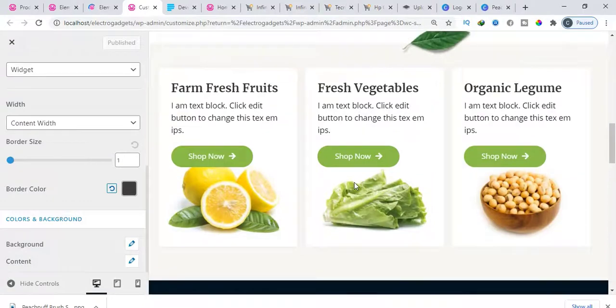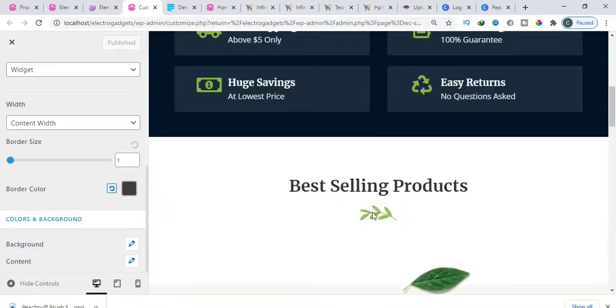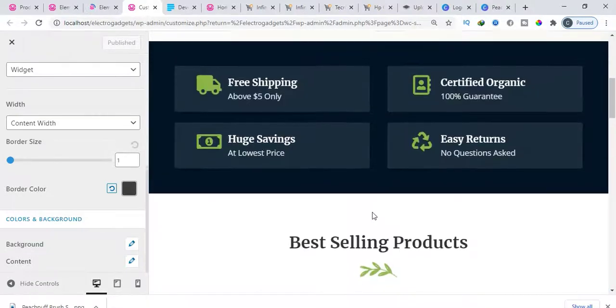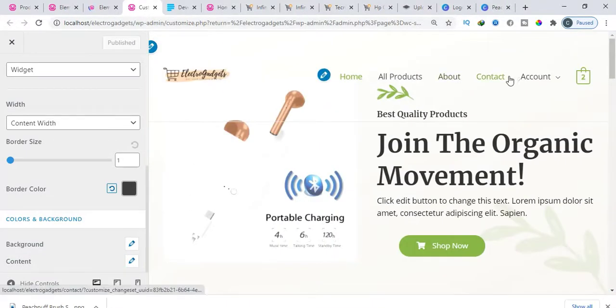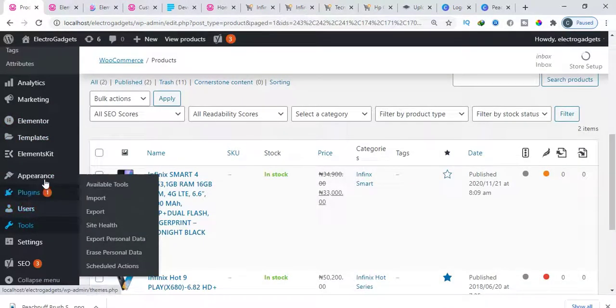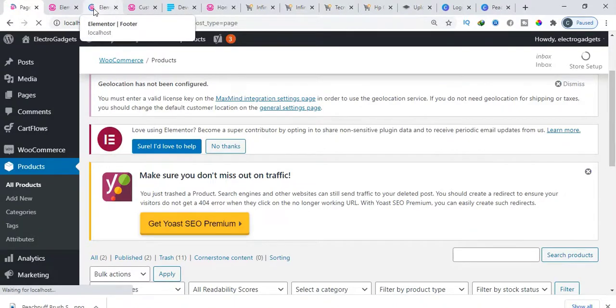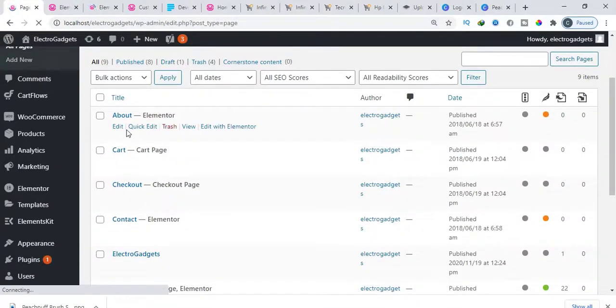We already seen how to customize our starter templates theme. So do everything that you want to do, even the contact page. You also have to go to pages. Okay, by going to pages, click on all pages. You are going to see the available pages on the website. So the about us here, you can decide to edit it with Elementor, then put up your content. What is your company all about? What do you deal with? So put it up there.